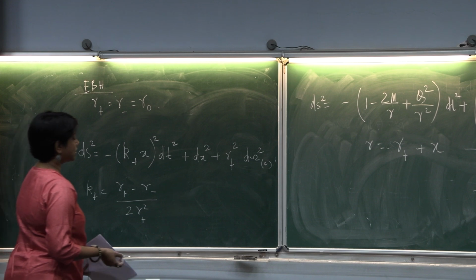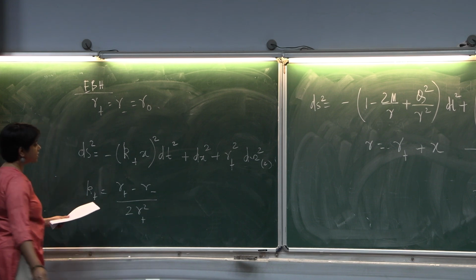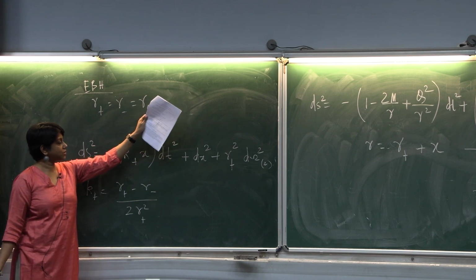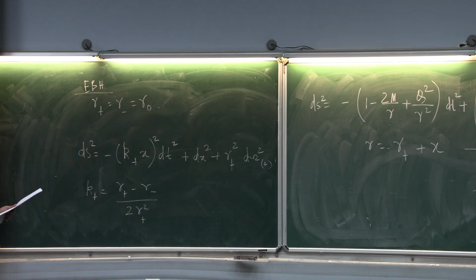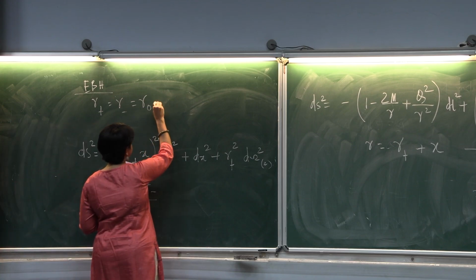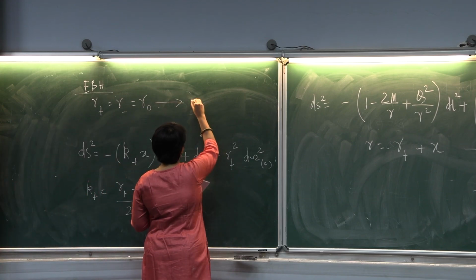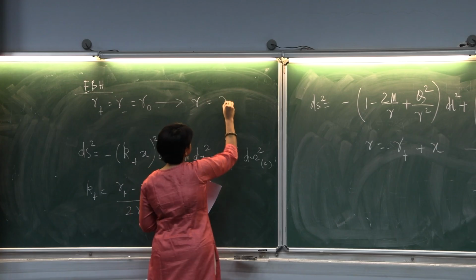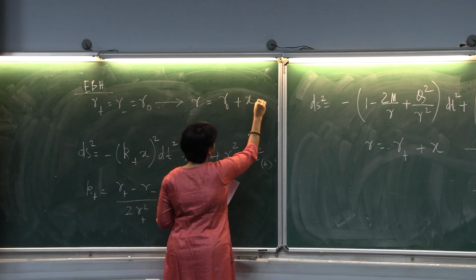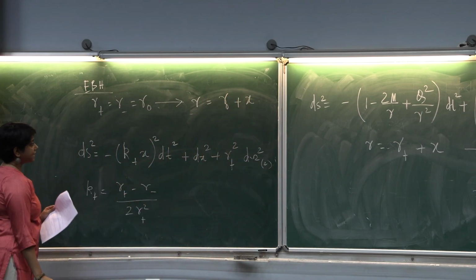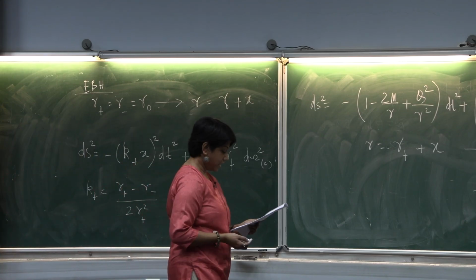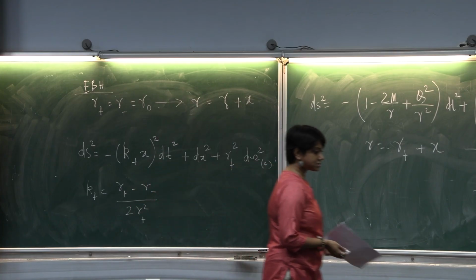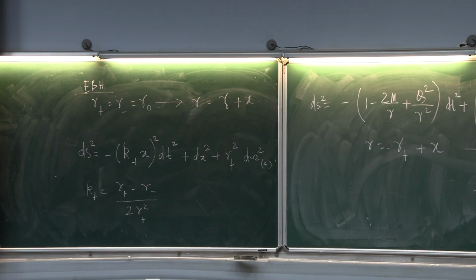So now your near horizon geometry is under this r0 going to r0 plus x because it's an extremal black hole. So if I take my radial distance varying as r0 plus x, then starting from the Reissner-Nordstrom, you can quickly show that under this change, your extremal case will become